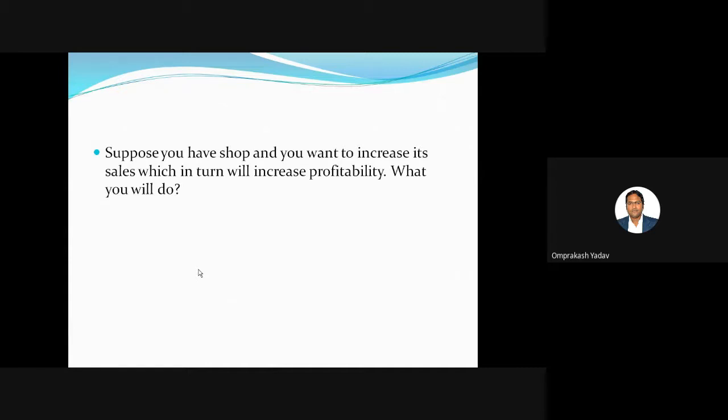Suppose we have a particular shop, or let's say a mall, and many customers keep coming to that shop to purchase goods. We have to analyze them. And why do we want to do this? Because we are facing some issue regarding our sales. We are not getting the profit which we are expecting. We want to increase our sales so that we can get a good profit. So this is the problem we are facing.